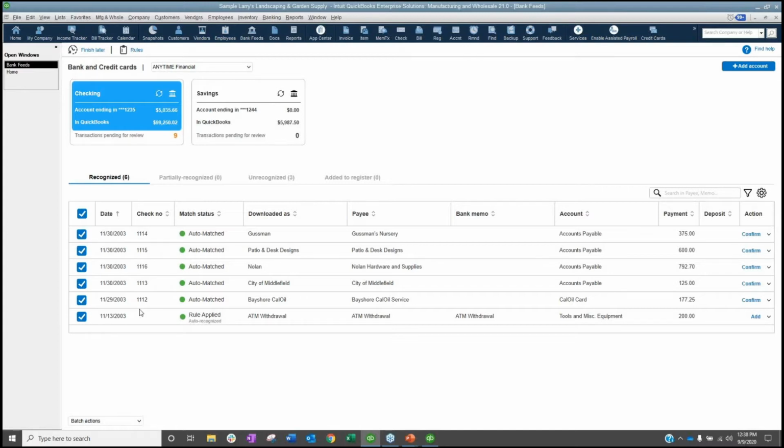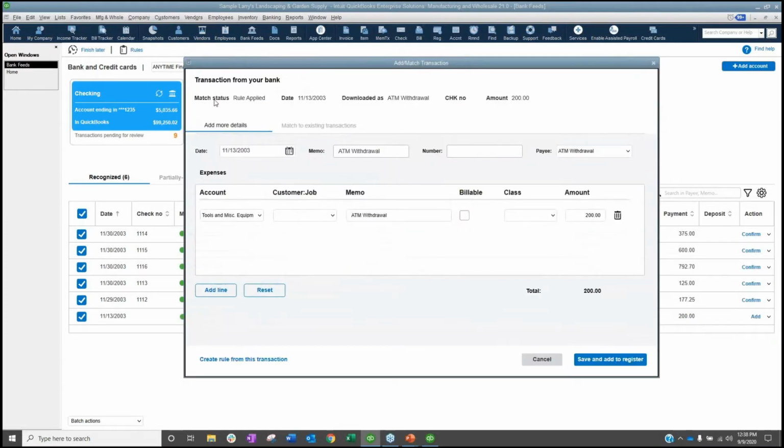In the drop down, if you wanted to, you can view the details. You can say this is not a match, or we can ignore it from here. All right. Down below in our batch actions, we have add and confirm, we have ignore, and we can have mass not a match. In the add section, again, add more details, right? There's a quick action. I can go into add more details. It will show you if there was a rule applied, right? Which rule is being pulled in.